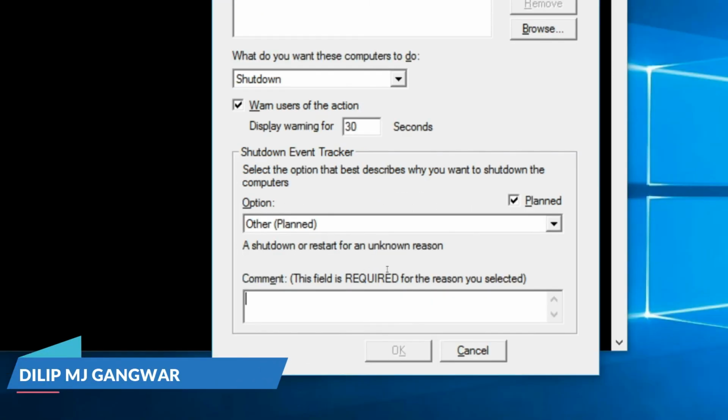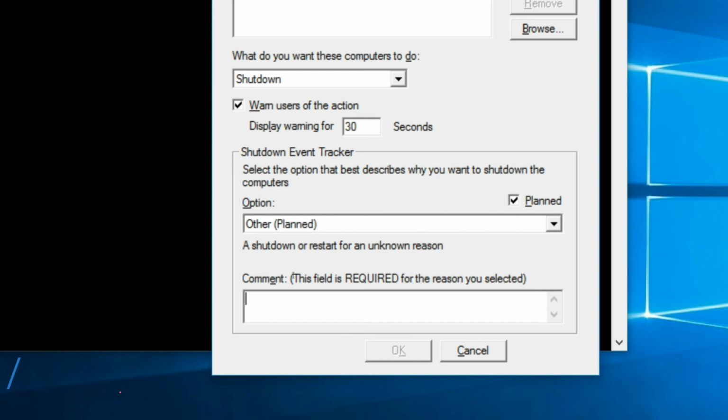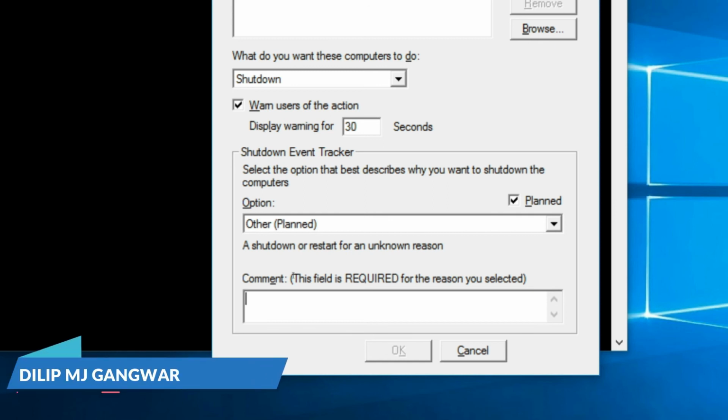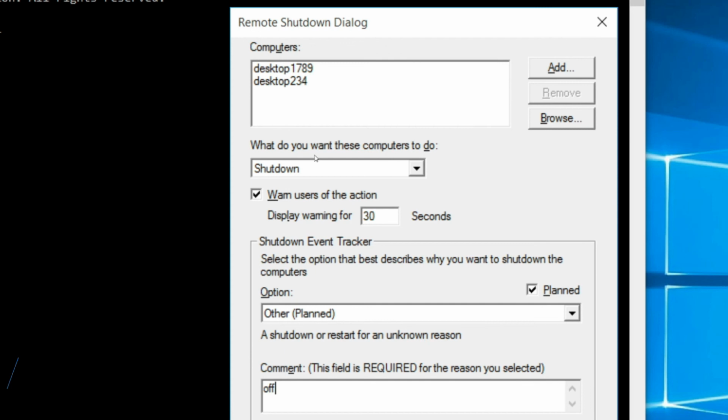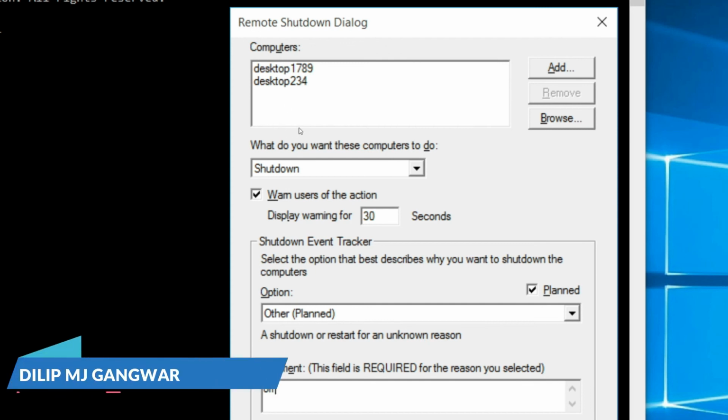Select here. This field is required for the reason you selected, because this log will be maintained in the system logbook. So there has to be a comment on why you are going to shut down all the computers. Anything you type here and click on OK. All the computers I have selected are going to shut down. This is a very incredible facility.